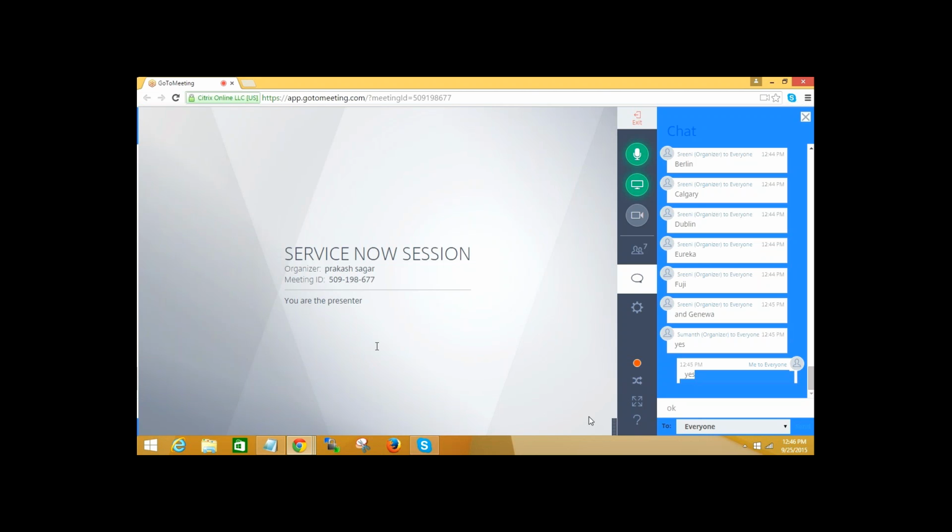Whenever you purchase a product from ServiceNow, they are going to provide a separate URL for you, and admin access for it. That URL you are going to share with your customer.